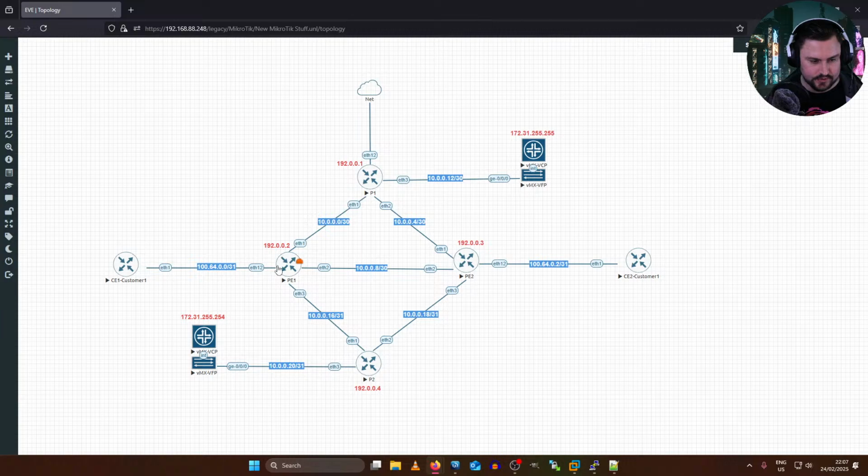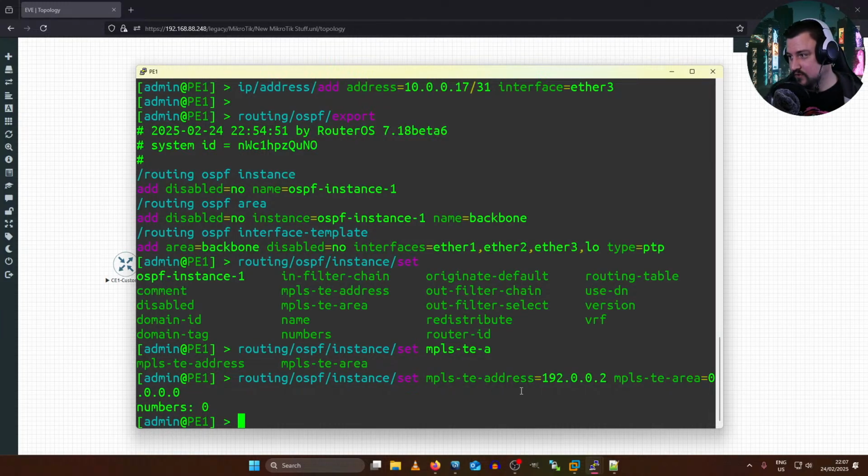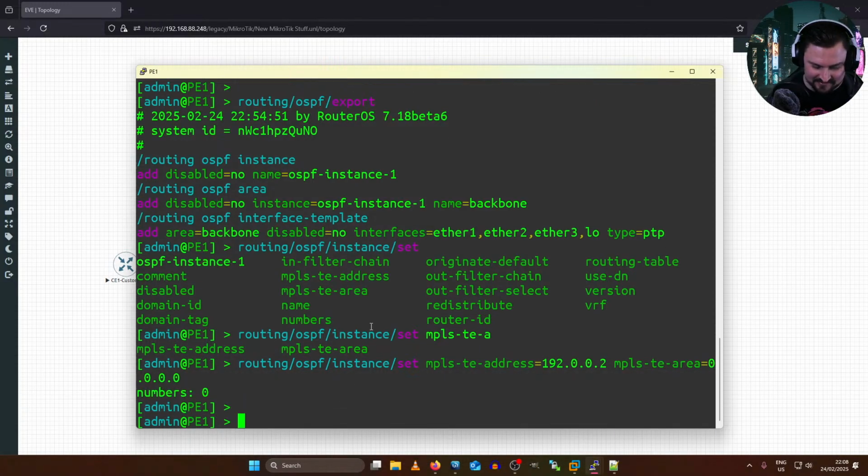So that was here, PE1, PE2. Do I still have them open? I do. I've got a bunch of stuff open. I'm getting to that critical point that most network engineers get to, where you start having a bazillion tabs open, you don't need them, and then you forget where you are sometimes. That's a great place to be at.